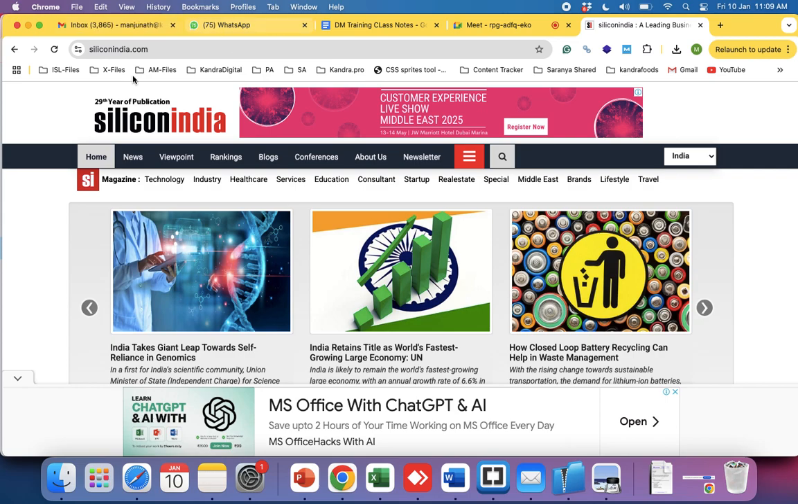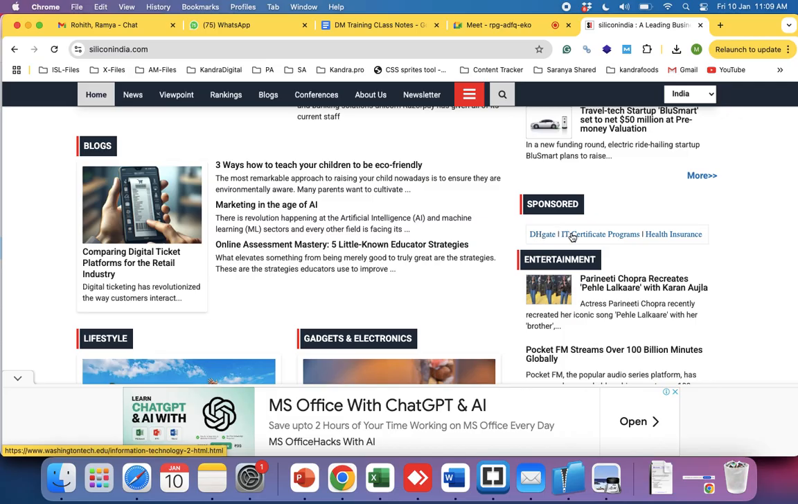Okay. So now look at this: DH Gate, IT certification programs, health insurance. If you observe the left bottom, they are all linked to different websites. Just to drop a link like this, the company was charging 50,000 rupees every month. See, it's sponsored. They have put sponsored here, but this is a backlink. Without putting a backlink,